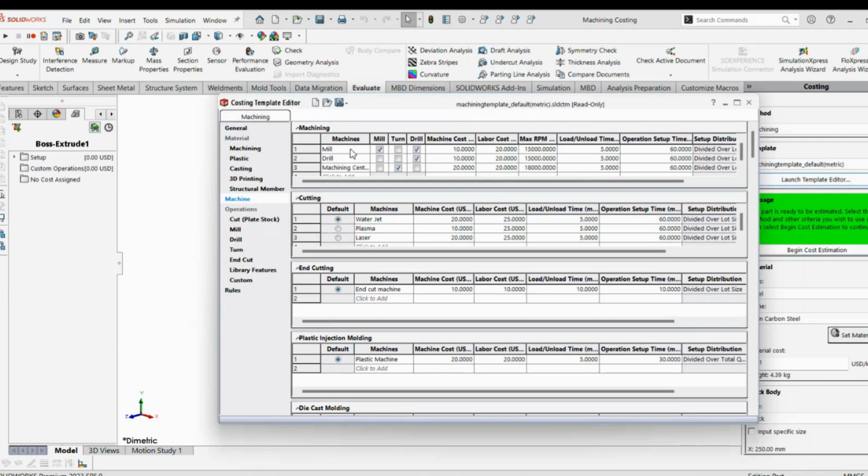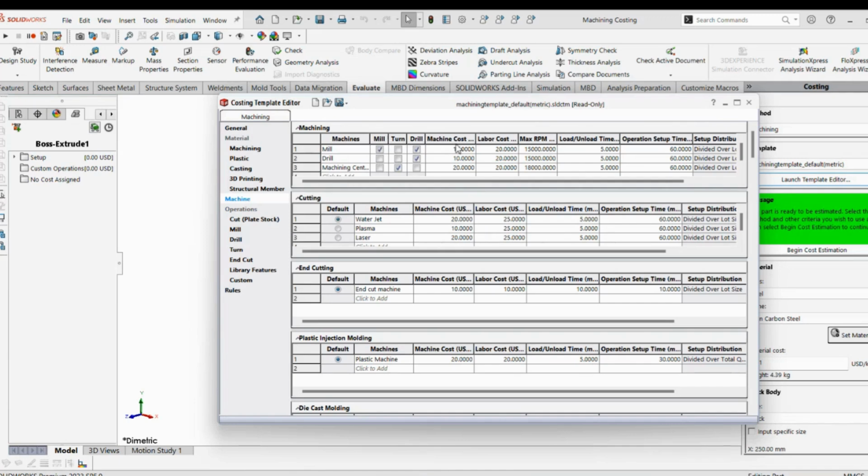Here you can add our vendors; according to vendors the labor cost is different. So go to the machine options, and here add drilling, milling, tapping, turning operations, you can check that point,